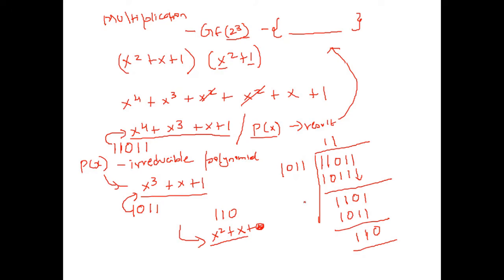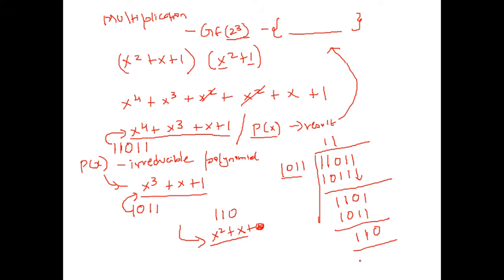So I hope you see how we have divided. You just take the binary representation of these two polynomials, start dividing, and you take the remainder. Say here our remainder is 110. It's nothing but a polynomial with 3 terms, whereas the last term is a 0, right? So it's going to be x^2 + x + 1, but since this is a 0, the 1 will be dropped. So you have x^2 + x as the output.